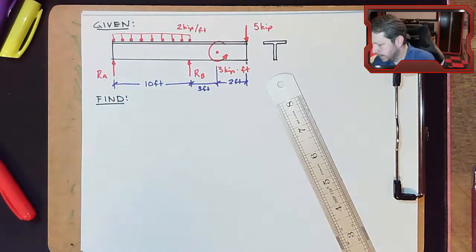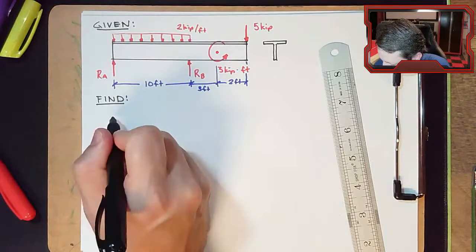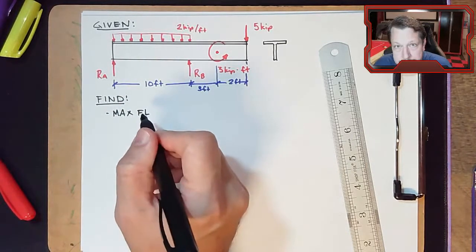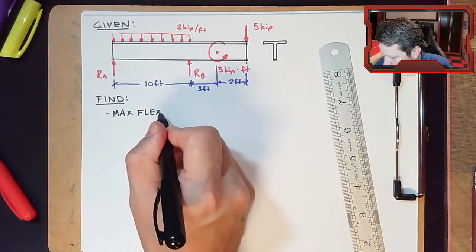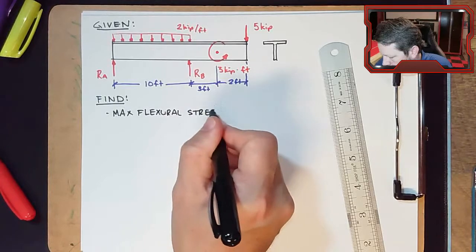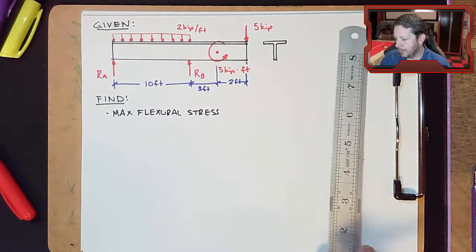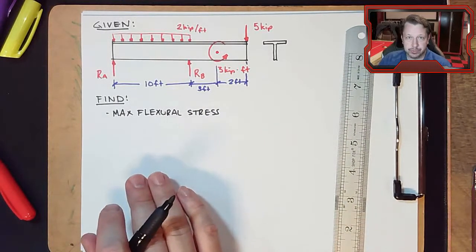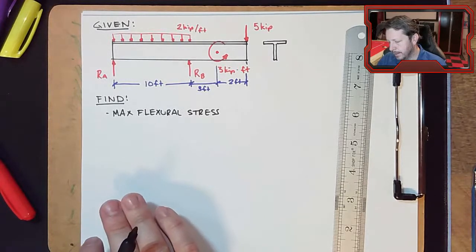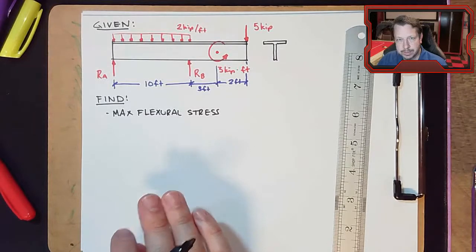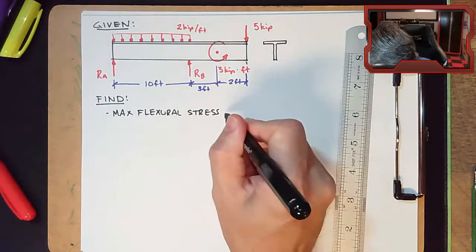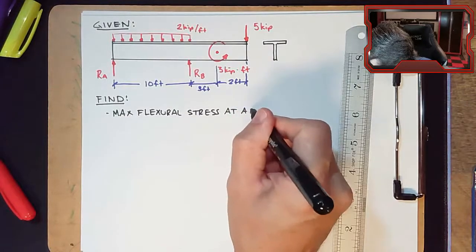All right, so let's say that we want to find the max flexural stress, or the bending stress. Now, for what we know how to do right now, we can't just say the maximum flexural stress in the beam. Tomorrow we'll be able to do that, but today that would be a little difficult. We could work our way through it possibly, but let's specify at a point